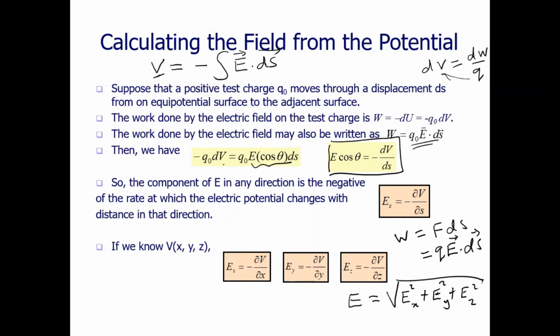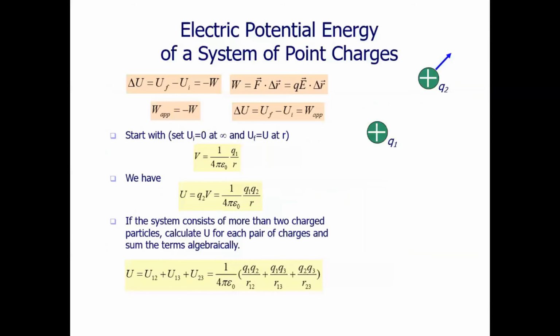Okay, so now electric potential energy. We have already seen that when you do work on a system, then that work becomes stored as potential energy. That is what this equation is telling us. When you do work, for instance, in this situation, if you have two charges here, this charge here is producing an electric field, and that electric field is exerting a force. And if this charge that is here moves by a certain distance like that, it means that